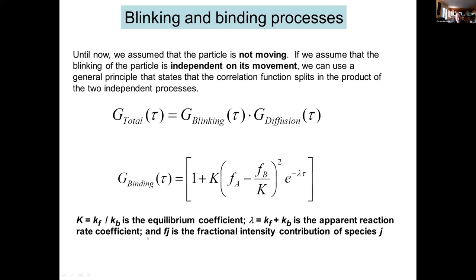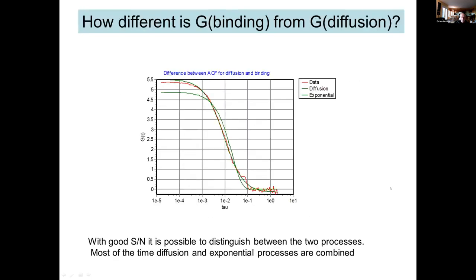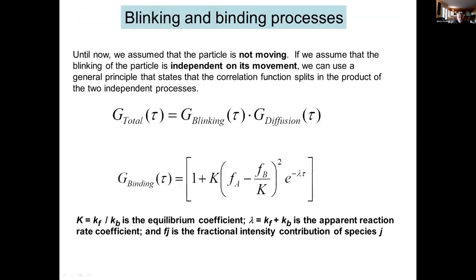So if that is true, then if you measure only binding, we can measure separately the K, the fraction of bound and the fraction of free. And this is a very general result, which is true for every process which is binary, so either blinking or whatever is given by this expression. Now, why did I say all those things? Because